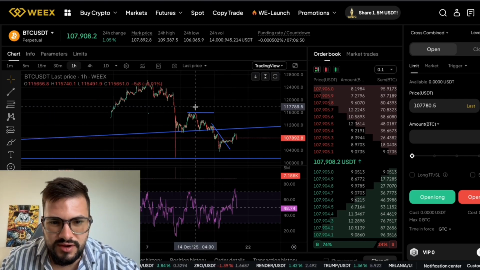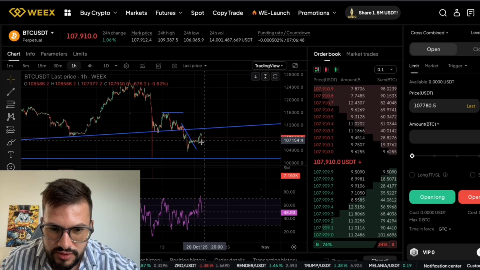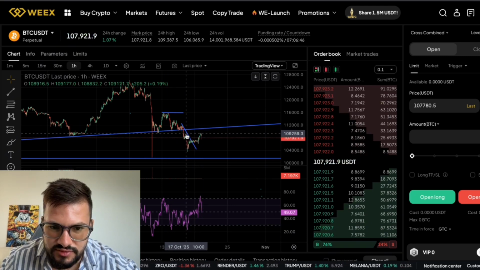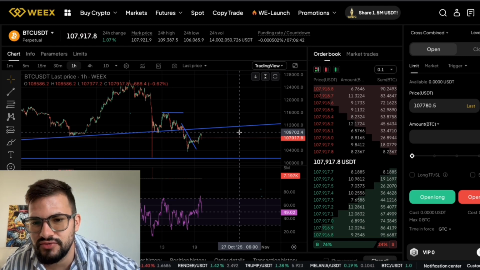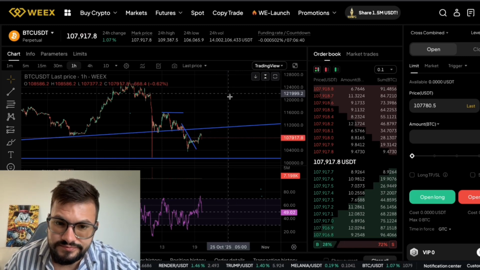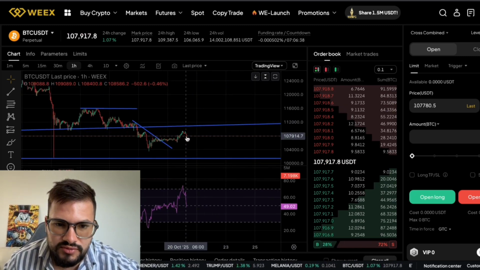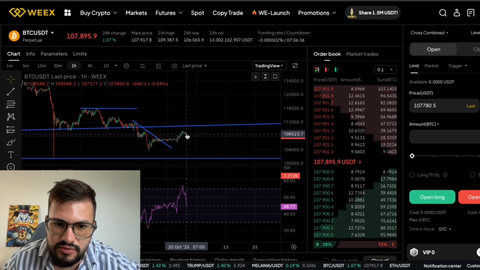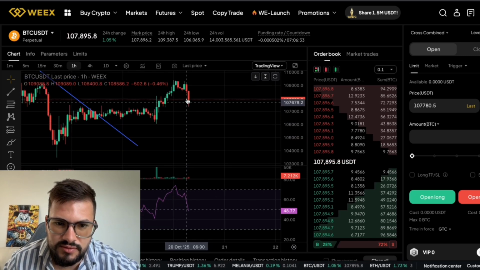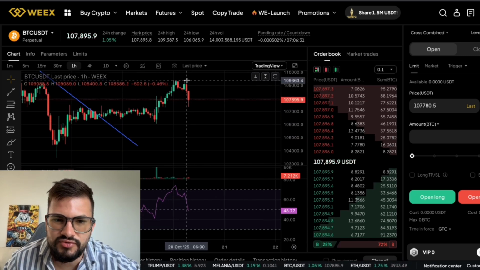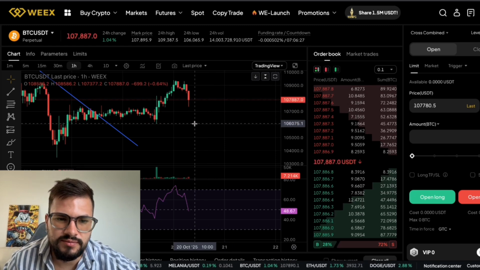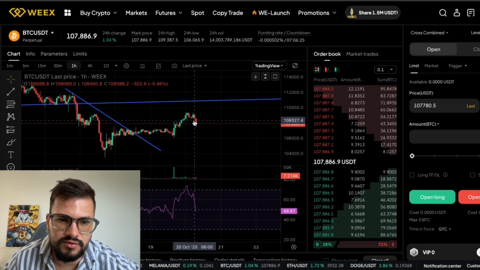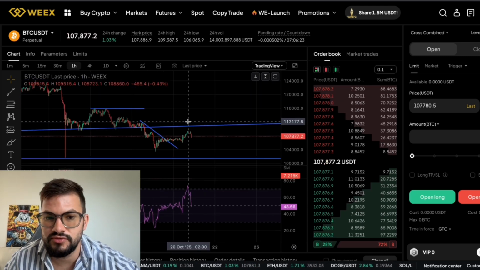We can see we are trying to break out here. We tested this resistance at around $109,500, and it seems like we got rejected there. Let's see right now. We had quite a big red candle here in the past 2 hours. Let's see if we will manage to go back above or if we will go down below and continue the